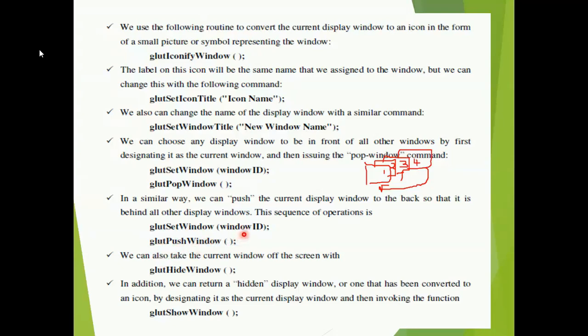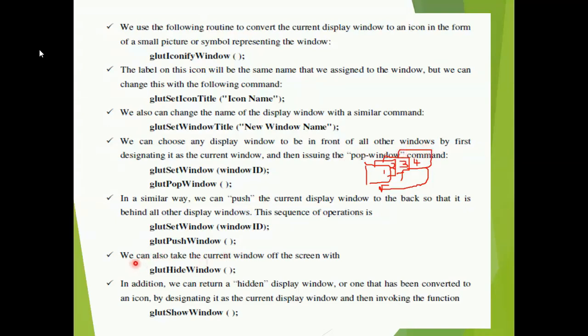The id represents which window you want to move to the back in the display windows list. Using that id you can push the window back on the screen.